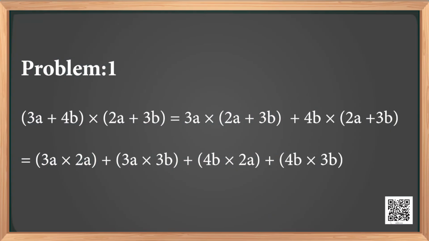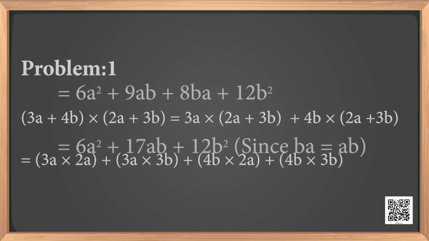Problem 1. (3a plus 4b) times (2a plus 3b) is equal to 3a times (2a plus 3b) plus 4b times (2a plus 3b), which is equal to 3a into 2a plus 3a into 3b plus 4b into 2a plus 4b into 3b. Observe here, every term in one binomial multiplies every term in the other binomial,